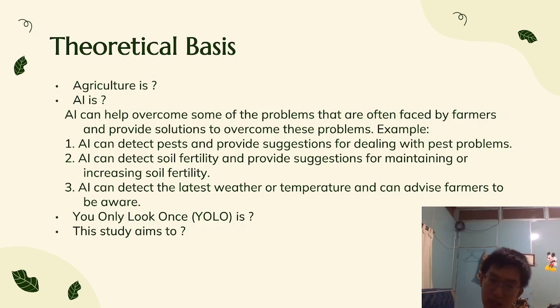This study aims to discuss how using AI can benefit farmers by helping them detect objects like fruits and vegetables, their crops, and also serve as pest control, a technology that can help identify objects in real time. This detection system is very helpful for farmers, giving them control over their farming.